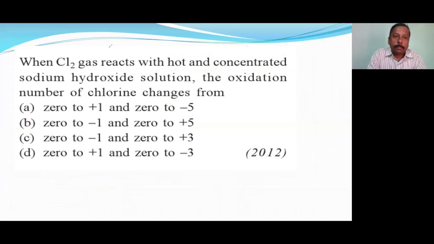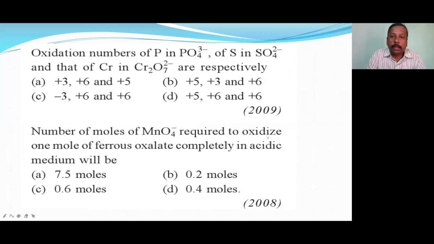Now let's see the next part. Okay, next question is the oxidation number of phosphorus and sulfur in, okay, chromium in. So phosphorus will be +5, sulfur will be +6, and chromium again will be +6. So which option is correct? +5, +6,